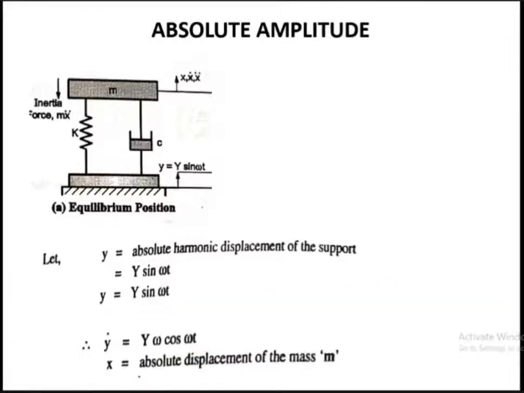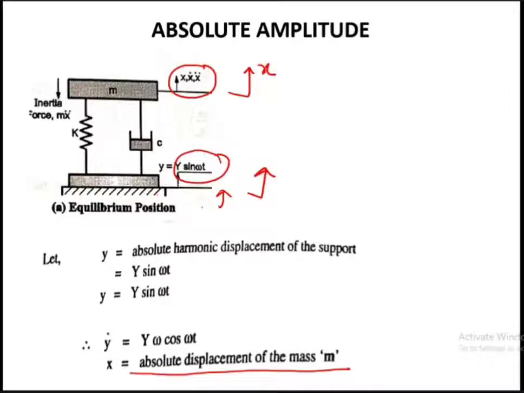Now second case, let us consider that x is the absolute displacement of the mass m. Now we are trying to understand the motion transmissibility. So we will be discussing how the motion is transmitted. Okay, the force transmissibility we have already defined, right? So what we have done here, we have given a small displacement y in terms of harmonic displacement to this base. From the base it will go to the mass m.